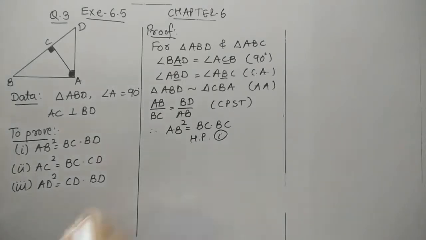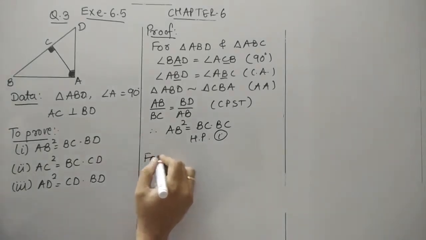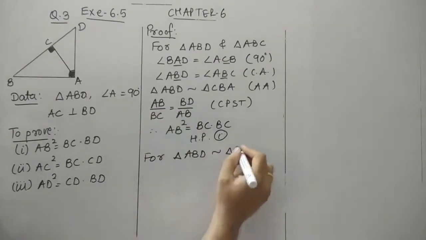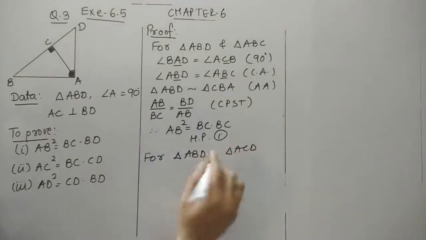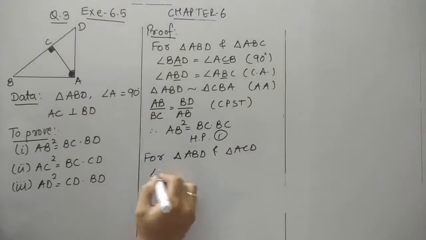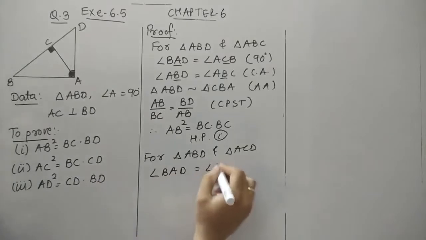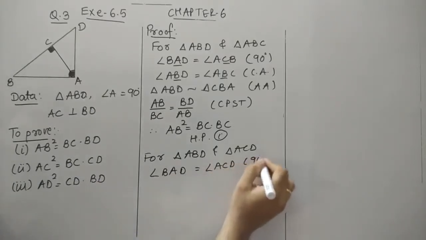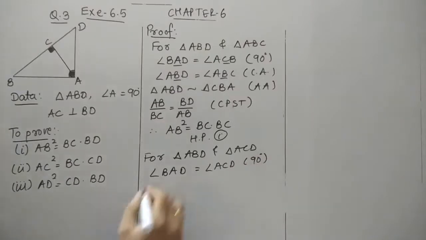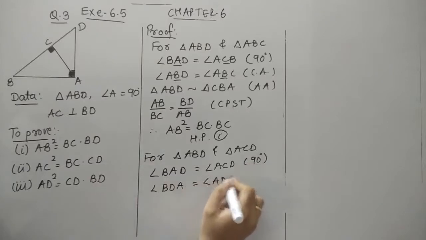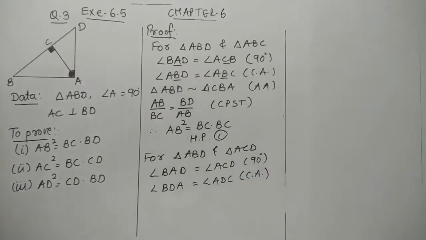For the third, again I'll take the correspondence between the main triangle, that is triangle ABD, and the smaller one, that is triangle ACD. I'll show the correspondence. Again in ABD you can see that we have already written that angle A is a right angle, and in ACD angle C is a right angle. Again one angle is common and that is D. So we can write that BDA is the same as ADC. That is, both are the common angle. So we have proved the angle criteria, and we can say that these two triangles are similar.